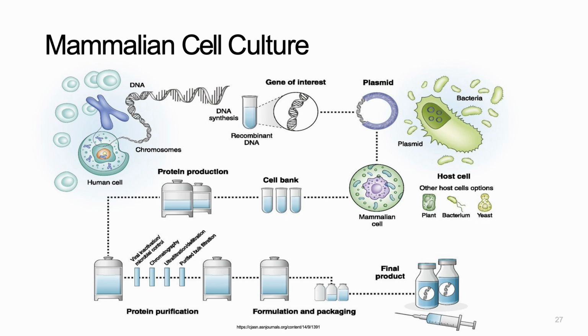So here we're talking about the steps, and the first step here is the DNA synthesis, and then we are going to create a recombinant DNA. How do we do this? We are going to look into the gene of interest in the DNA through different types of enzymatic activities and biochemical procedures. We are going to isolate the gene that is coding for the mRNA that once it is translated will give us an active protein for a specific disease, I would say, or a treatment.